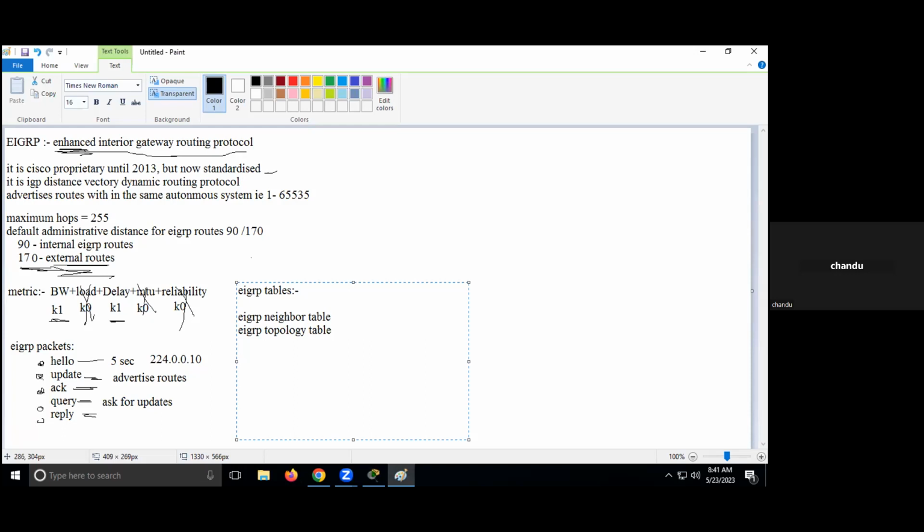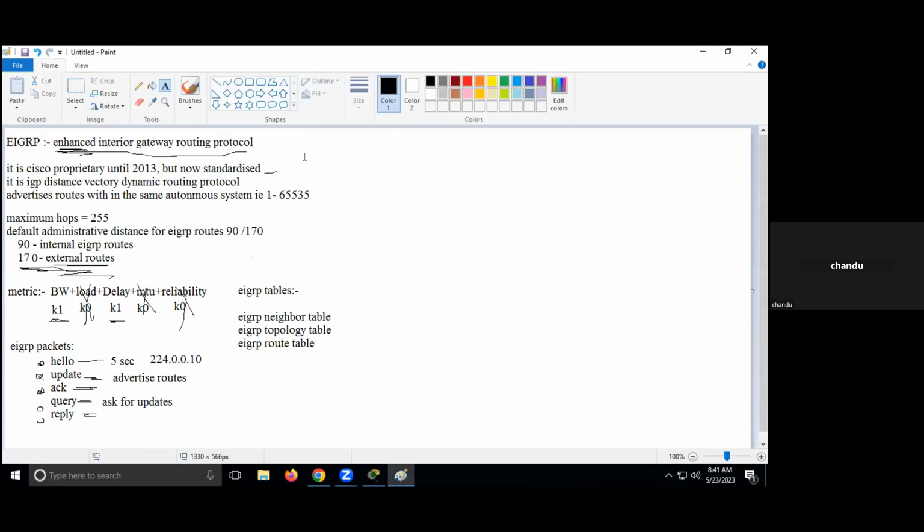Because AHRP is the only protocol that maintains the primary path and its backup path. I'll explain, one minute. And also, we have the AHRP route table. So separate tables are being maintained by AHRP. Take for example,